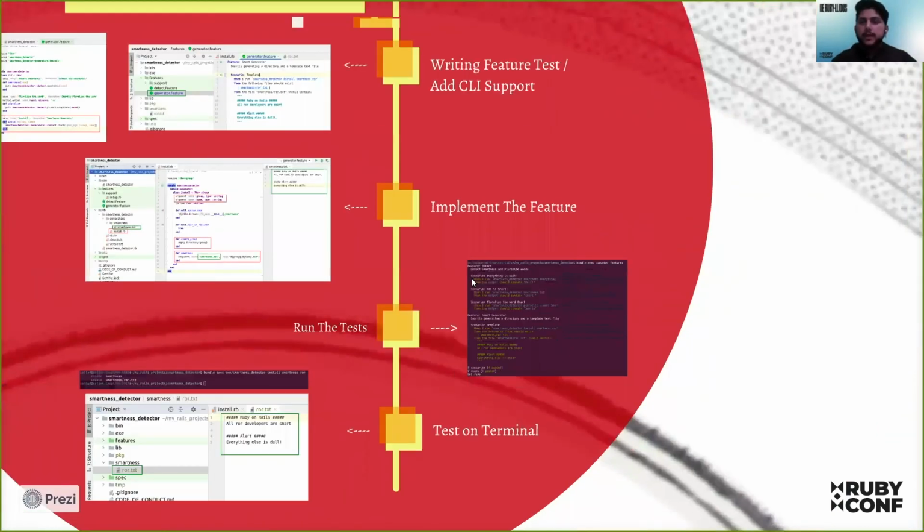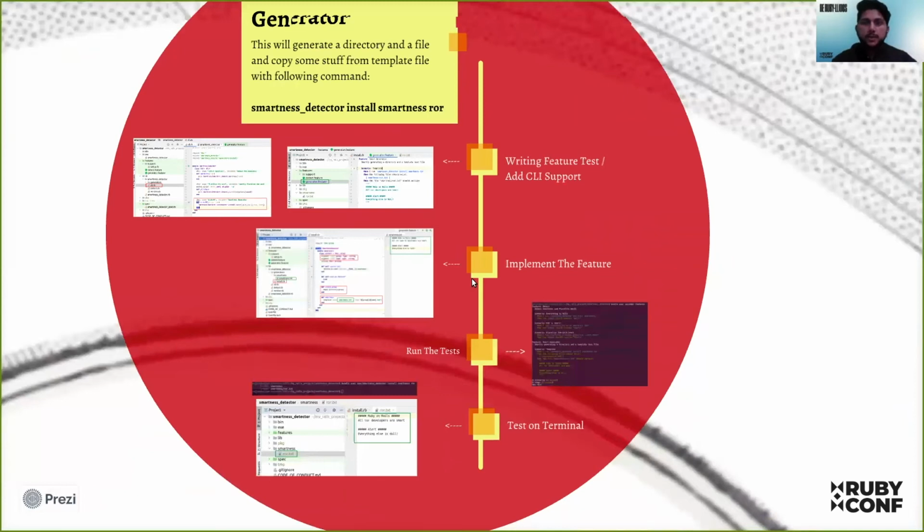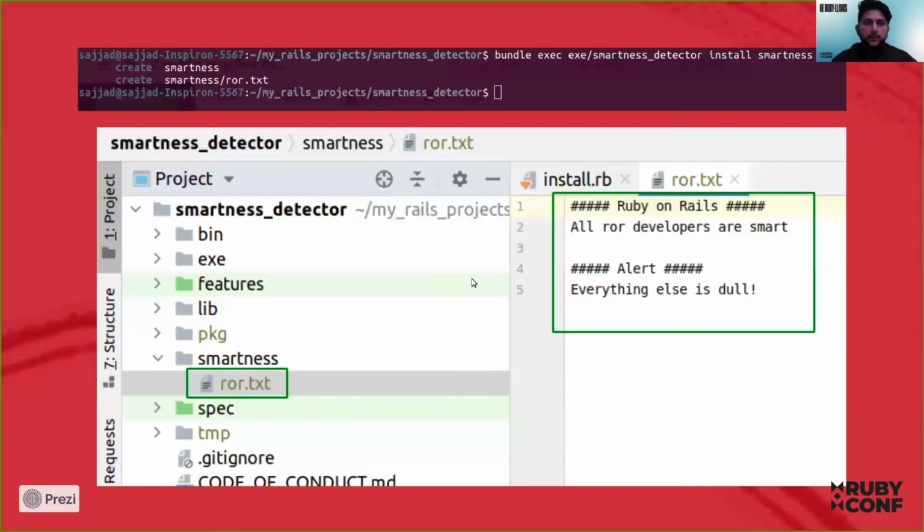When I write smartness detector install smartness ROR, our gem created two things for us. First is the smartness directory, and there is a file ror.txt, which is highlighted in the screenshot, and the content is also there. All ROR developers are smart, and everything else is dull, right?